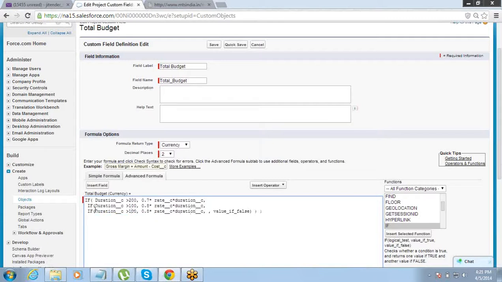So still if it is greater than 50, then it should be 10% discount, else no discount.